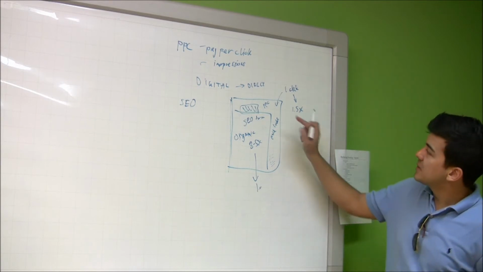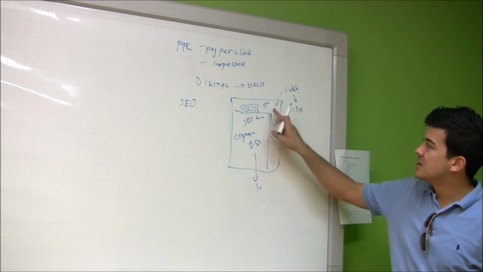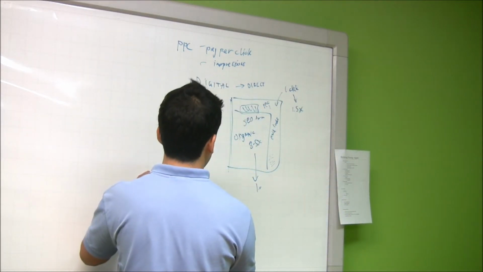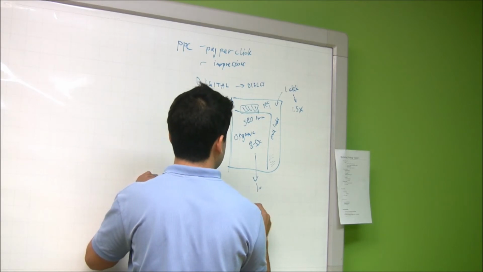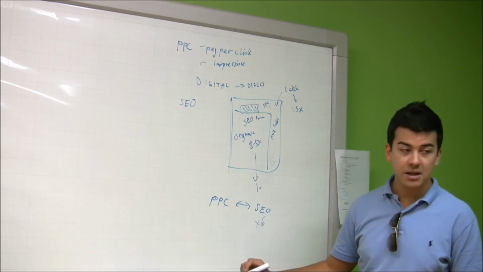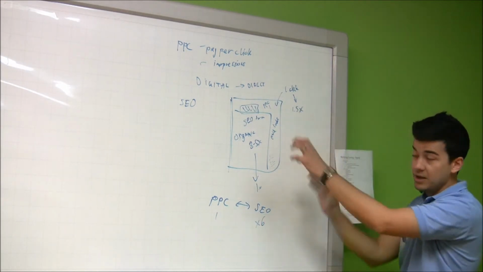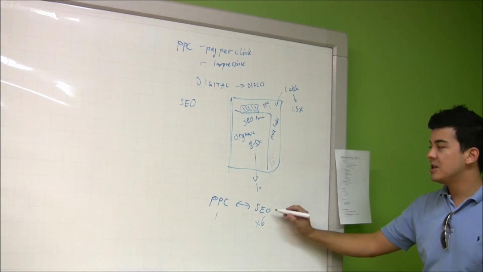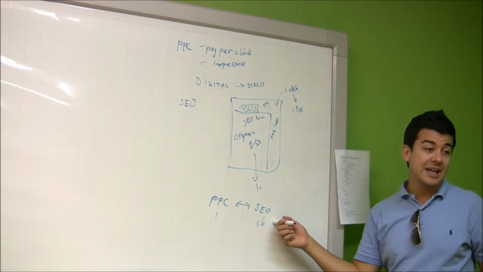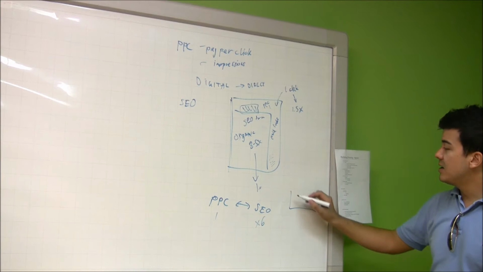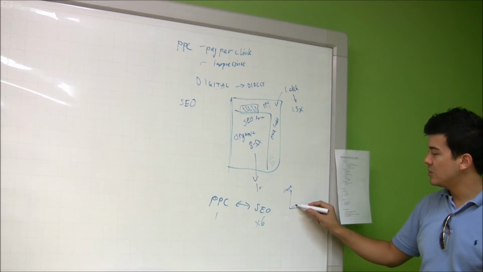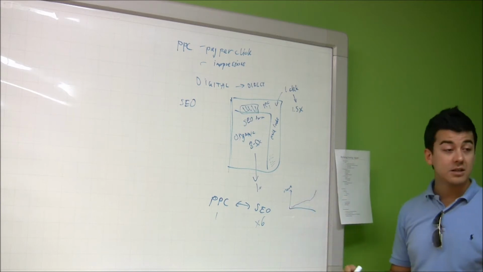Okay, so if you take into account these figures, 8.5 times versus 1, in actual fact, pay-per-click versus SEO, SEO still converts 6 times more than pay-per-click. If you take into account just the figures, it's still 6 times more. So SEO, extremely powerful. Why don't people do it? Because they may not understand it. It takes a ramp-up period. Your ranking is not going to go bam up here. It's a slow process. It could take months before you get up to the first page.